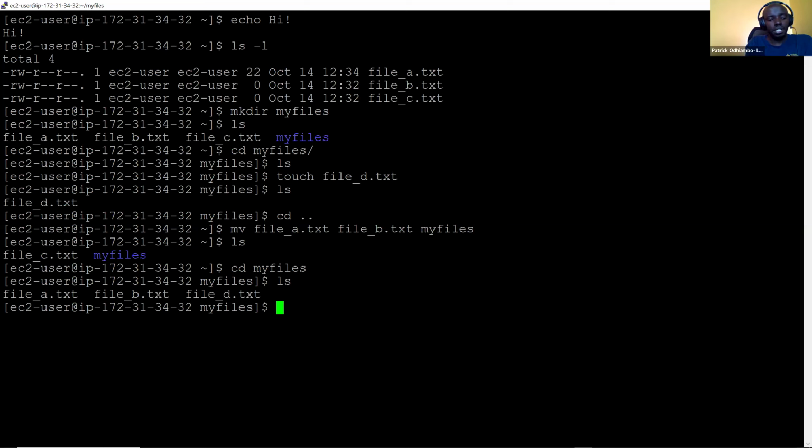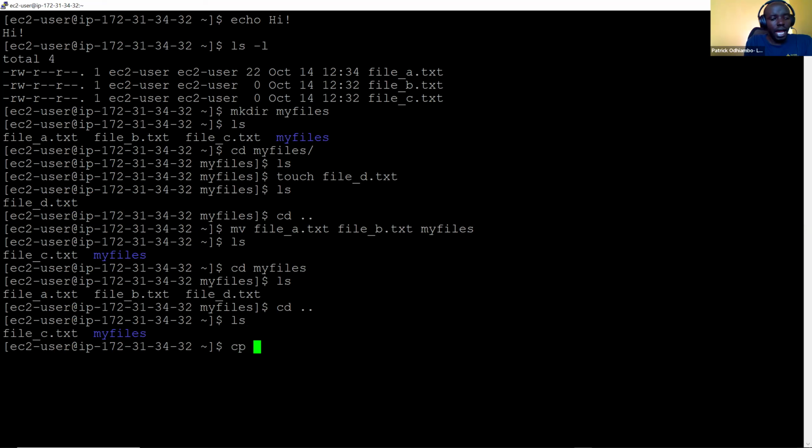Now, I want to do something different, cd dot. Again, I've gotten out of that. I want to use cp, and then we see what will happen. Before cp, sorry, ls. When we ls, you see we still have file C. So I want to do cp, and then file_c.